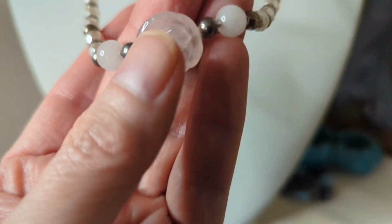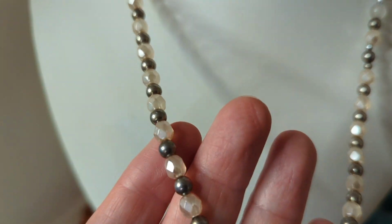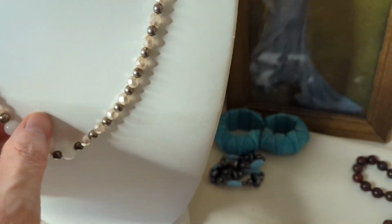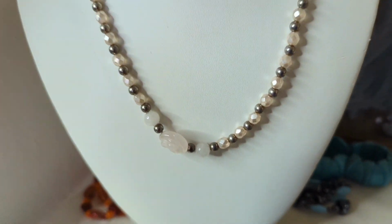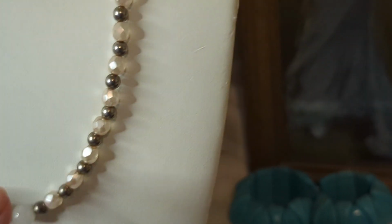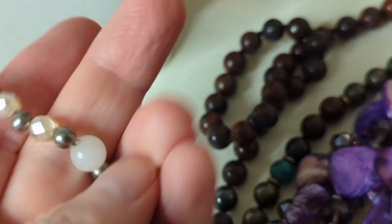You got the little bits of pink there. I love how it's carved. I love the silver beads. It's beautiful. And here is the clasp on this one. This one does have rose quartz on the clasp as well, which I love. Let me fix that. There we go. It's just another beauty. So yeah, hopefully I'm making sense about the hard goods,